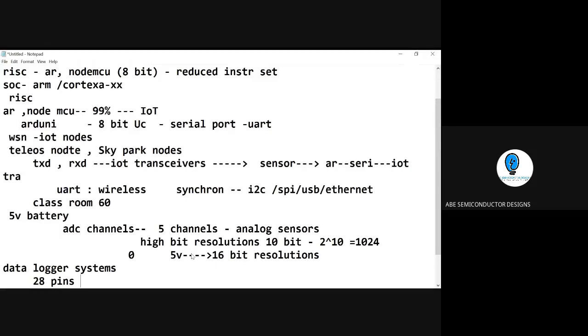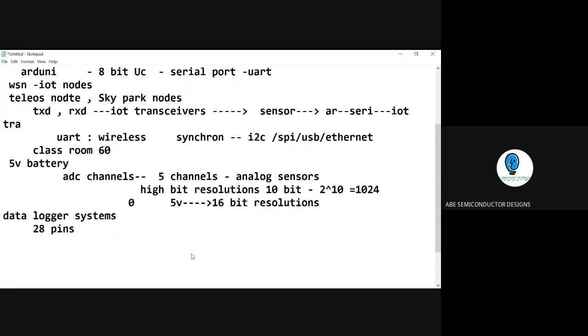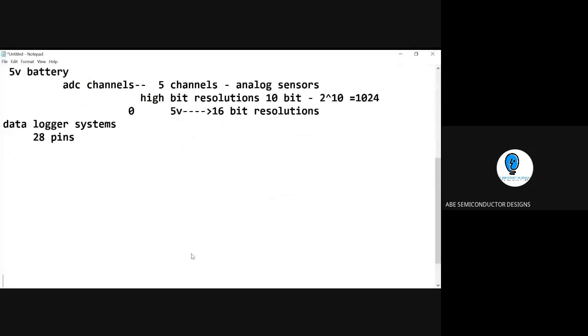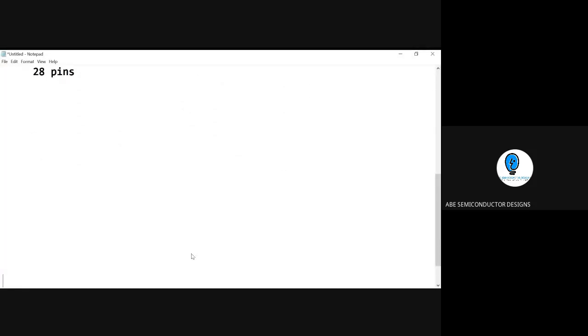When you start doing the program, kindly consider the hardware which is required. First is the power supply, ADCs, other peripherals, and the architecture it belongs to. All these things we have to keep in mind whenever you start programming, either in C or in Python. So this has to be recognized first. Next thing, now that you have understood the basic thing, is how to start a code. What is the logic? Now again there comes a mechanism.